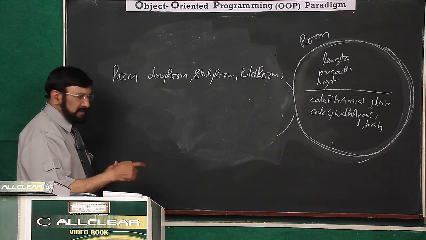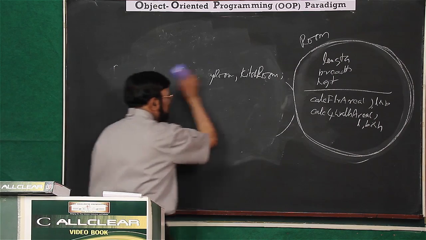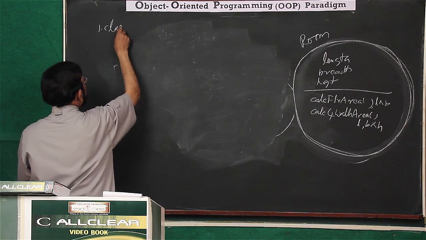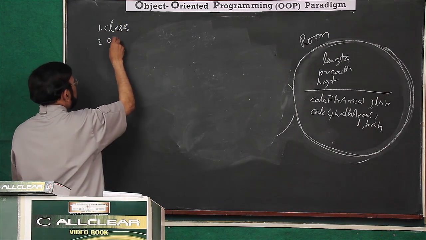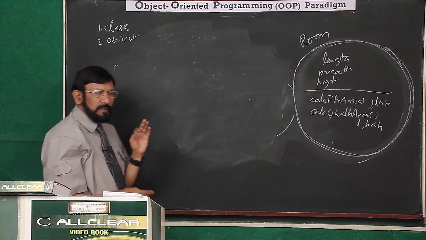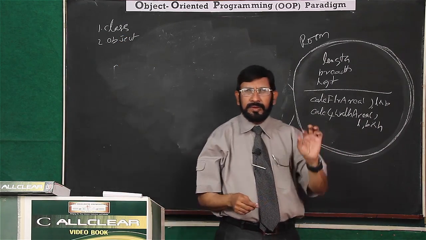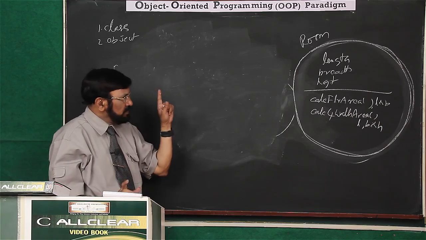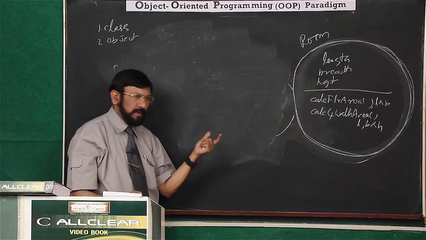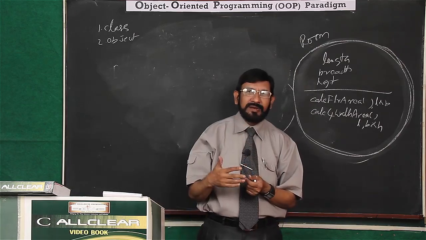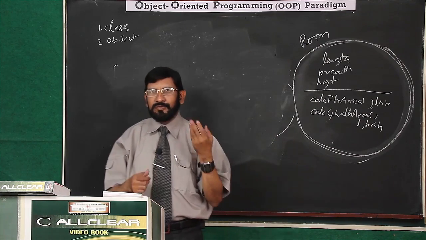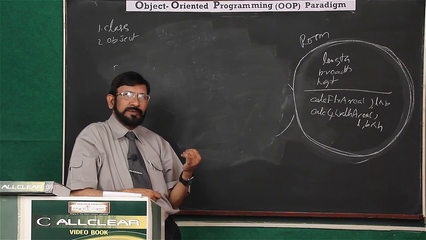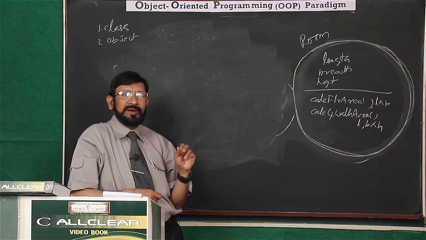So, first the basic terminology. In this manner, you have to understand the basic terms here. First one is class, second one is object. So, class is an abstract data type, int is a primitive data type. You understand? If you understand these two concepts properly, based on my explanation, then the other characteristics, encapsulation, abstraction, inheritance, polymorphism, data hiding, all that we can understand. Okay.